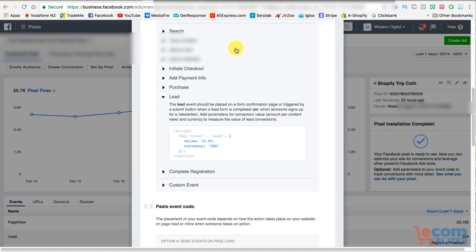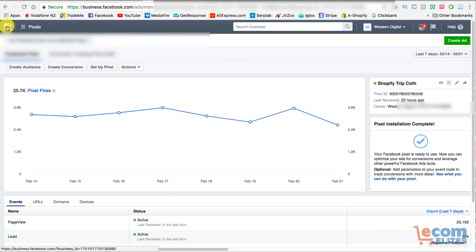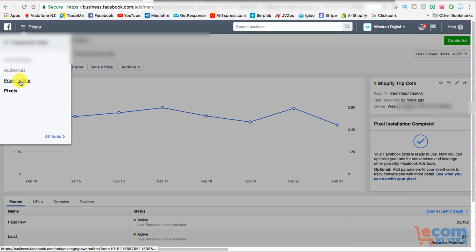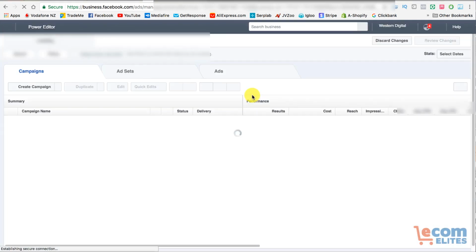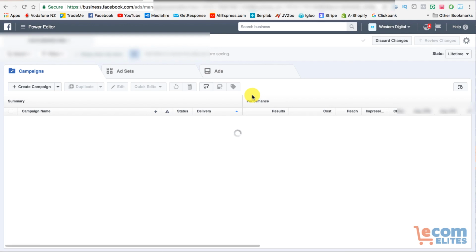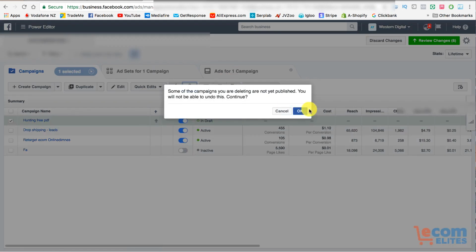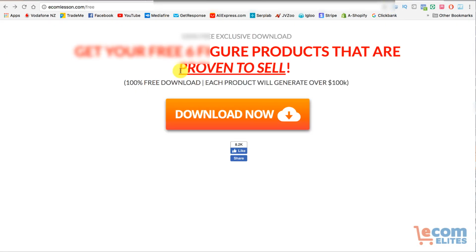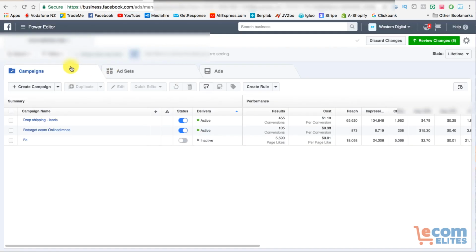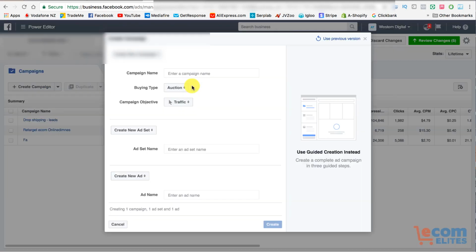So now we're going to actually go and create an advert. You should know about how to do all this from the Facebook module. I'm going to go to the Power Editor, and just for this example, we're going to use, get rid of this. I was actually doing a test before. We're going to use this as an example, but let's just say we're giving away a hunting PDF, right? What I'm going to do is create campaign,